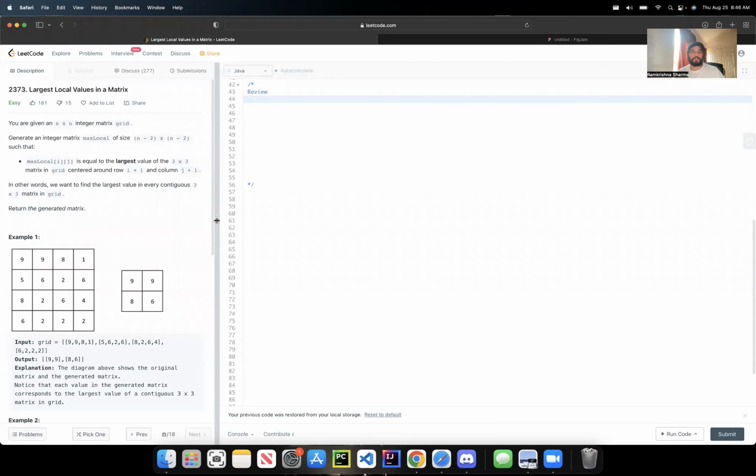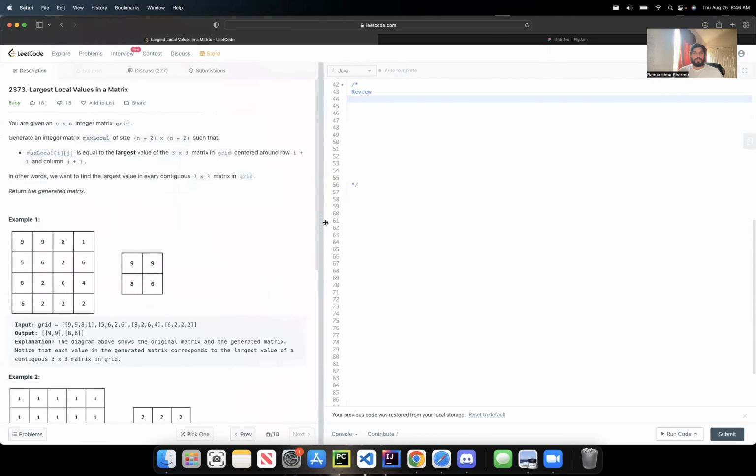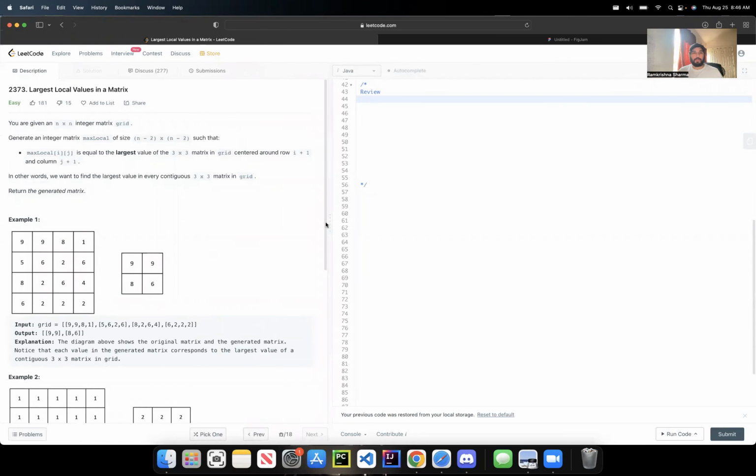Hi, I'd like to address Leetcode number 2373, largest local values in a matrix. So the question essentially wants you to have a method accept a grid. And then within that grid, what we want to do is find the maximum value within a local area. So that local area in the bigger grid that was given to us, we can assume is a